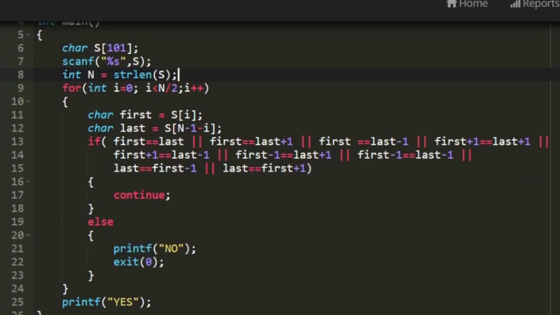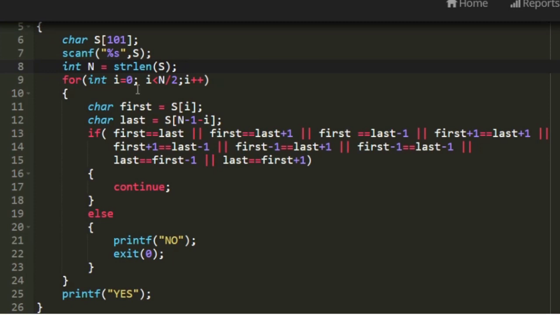And now using a for loop, as we discussed, we are going to iterate from 0 till n by 2, and in every iteration I am creating two characters named first and last.